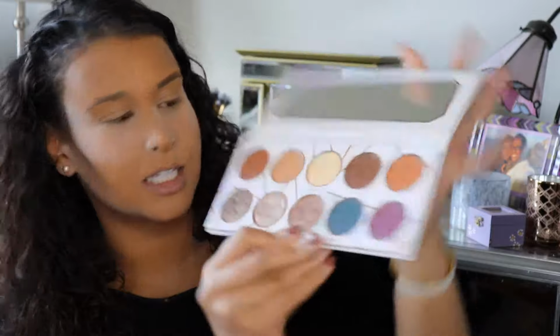You can see how dirty it is because I have been going in. I traveled with this guy. I went to Canada last week. This one came with me. Wore it like every day. It's fantastic. So what we're going to do is I'm going to try to use this Latte palette, and I'm